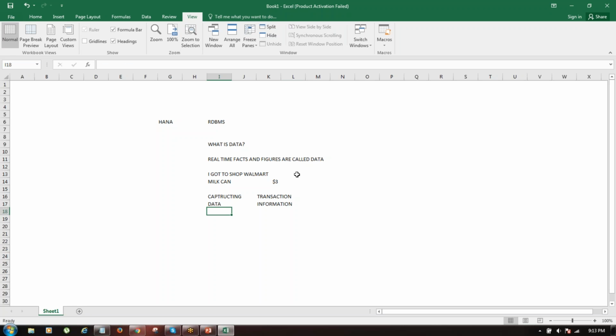So what are the real-time facts and figures here? The real-time fact is that I purchased a product called a milk can. The figure is that I paid $3. This is a fact and figure. This fact and figure is providing some information to the shop person. That information they're going to store in a place called a computer in the form of data. That place in a computer, they're going to store